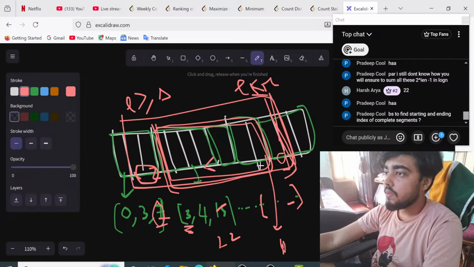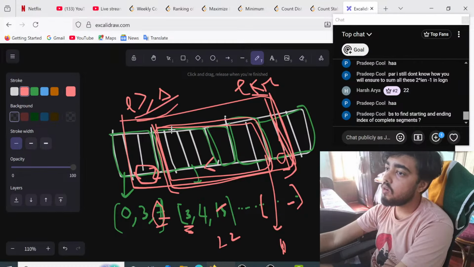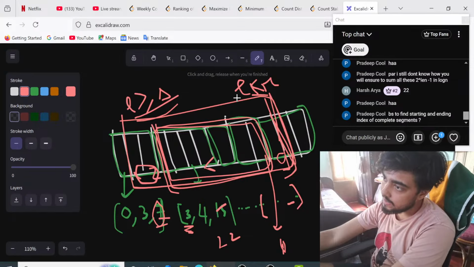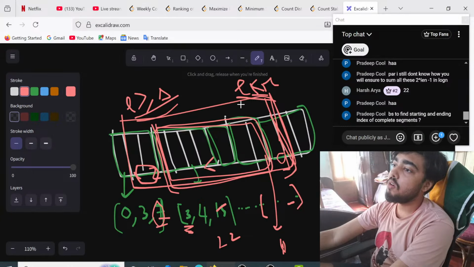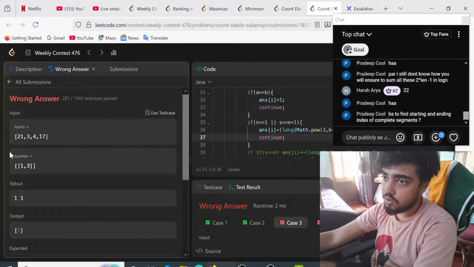Okay, now is it clear why I need this? And this is the smallest starting which is greater than or equal to L and the largest ending which is lesser than or equal to R. Okay, for this you need the binary search. I'll show you the code. Okay,